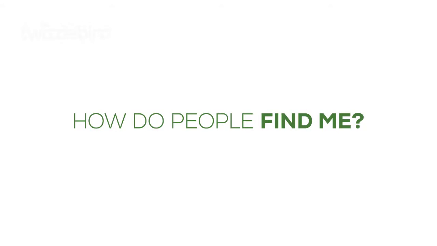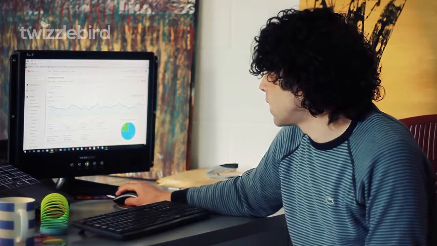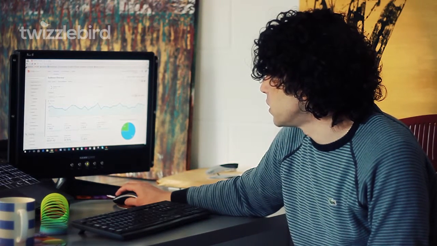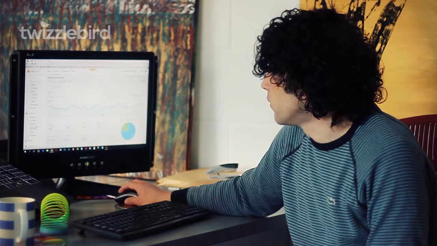A particularly useful feature of analytics is finding out how people came to find you in the first place. Are they using Google? Are they coming via social media? Are they typing your website address directly into the address bar on their browser, etc.? To do that, if we scroll down this menu on the left and choose acquisition, and then just click on overview,